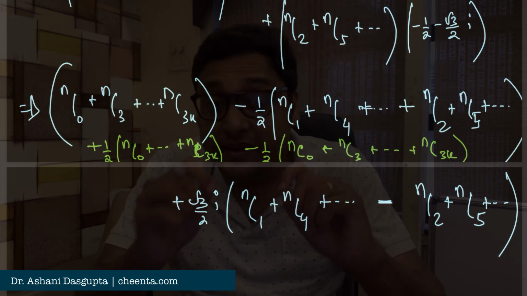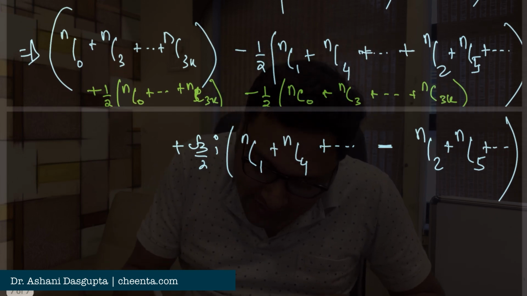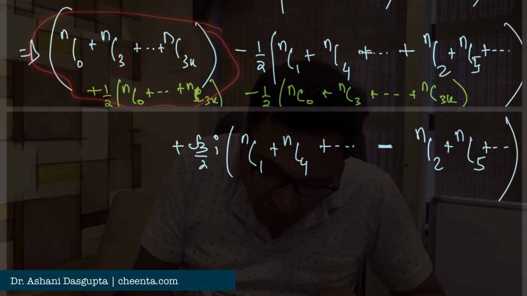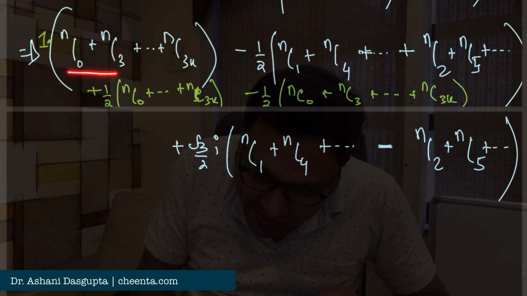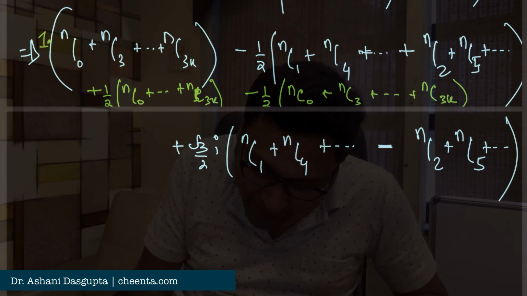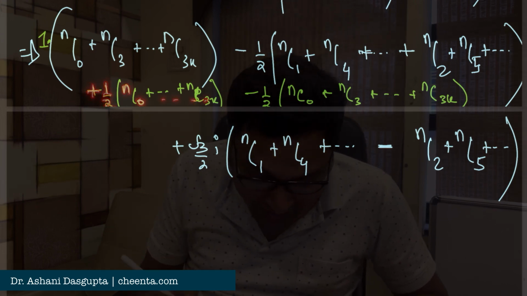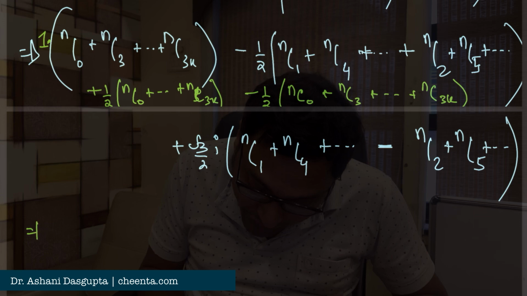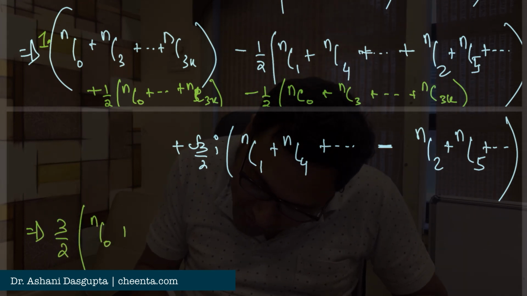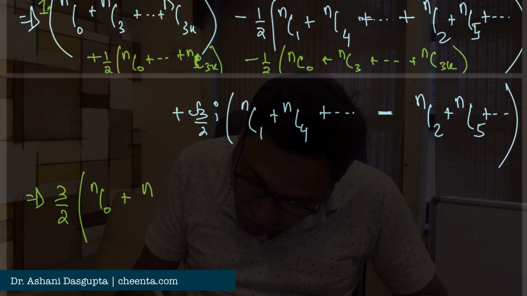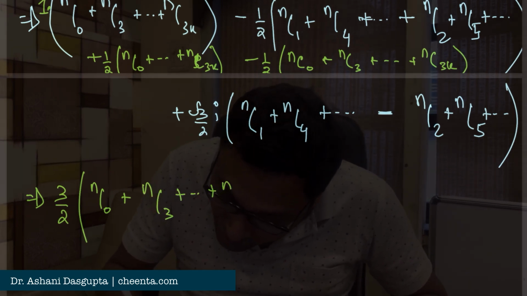You will immediately see why I did that in a second. So now we have 1 times n choose 0, n choose 3, n choose 3k plus half times n choose 0 up to n choose 3k. So we have 3 by 2 times n choose 0, n choose 3, n choose 3k,